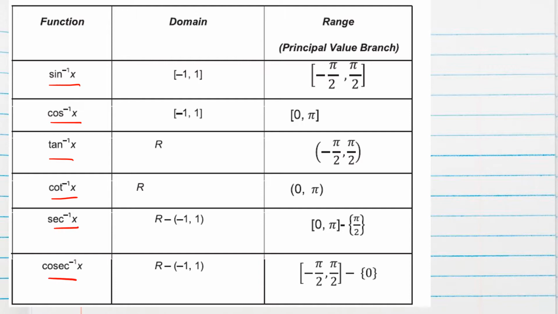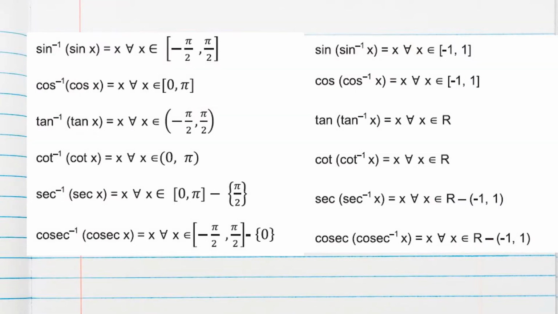Meaning, they can ask what is the principal branch or principal domain of cos inverse x, and the range, like that. For each inverse trigonometric function they can ask, so you can note down some properties I have listed out here within the domain.